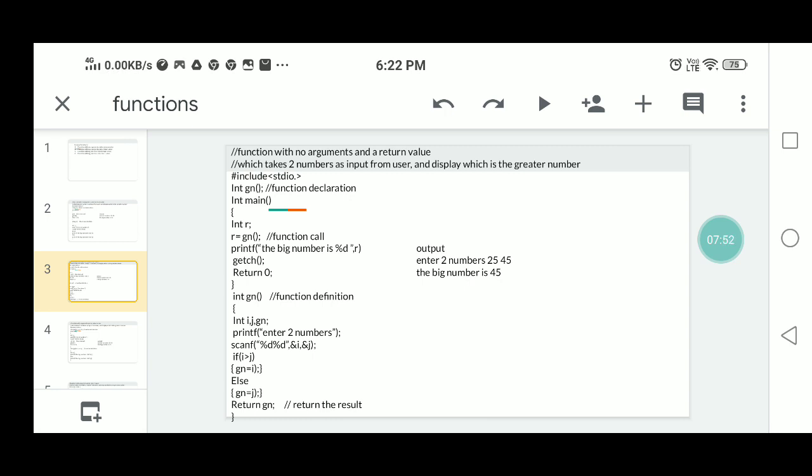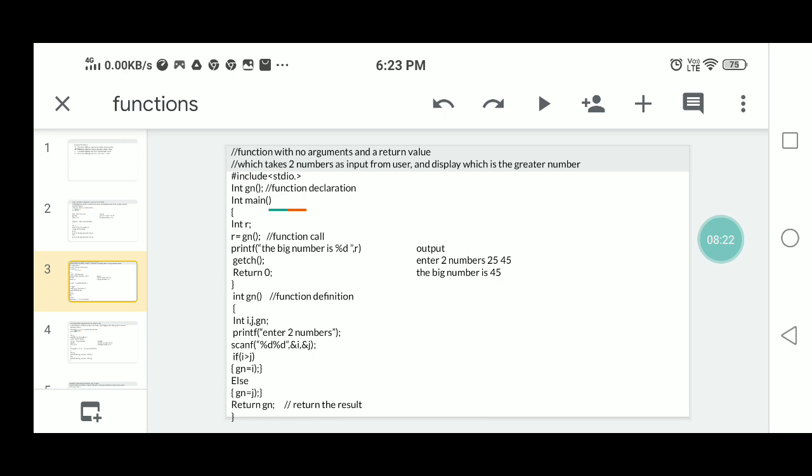In that place the entire task will be entered, and whatever result is returned from this task will be assigned to variable r in the main program. R equals gn means that when the function is called, the entire task comes into this place.